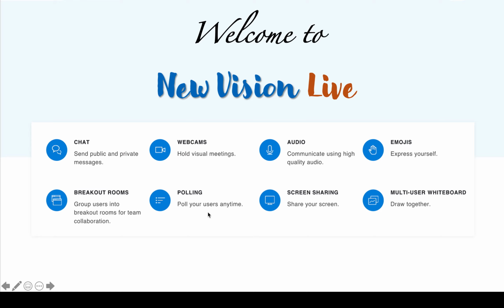Polling. Unlike making it a one-way communication, where only the teacher speaks and students never turn their cameras on, how do you make them interactive? How do you make them answer questions without turning their mics on? Yes, the polling option is one such feature you can use. Next one, screen sharing.